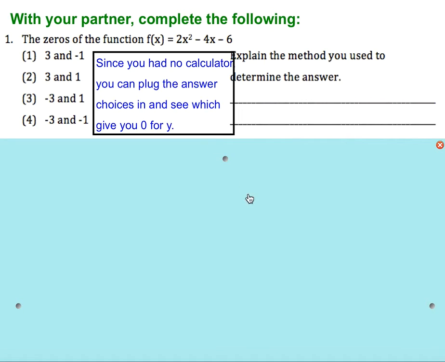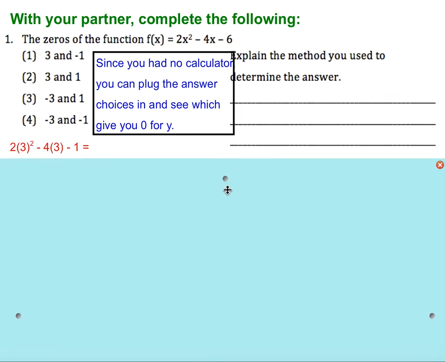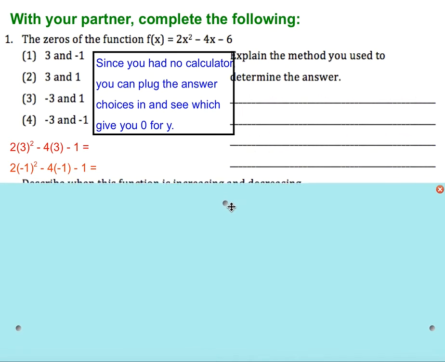So because we were supposed to have our calculators in class, what could we do without a calculator? We could plug in the answer choices, and we want to see what will give us 0 for the y value. So when we plug in, we should get 0 for y. So let's look at that. If I plug in the number 3, 2 times 3 squared minus 4 times 3 minus 1, so this is 9. 3 squared is 9, times 2 is 18. Then this will give you -12. So 18 minus 12